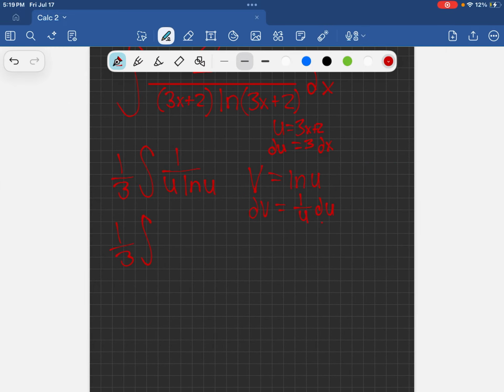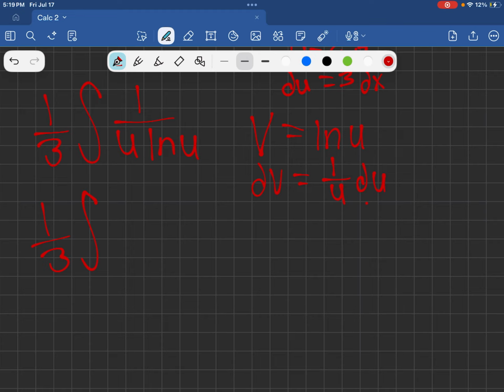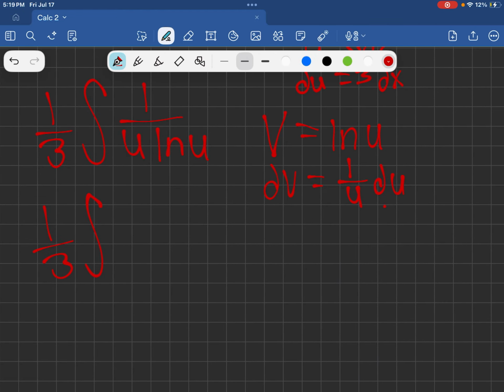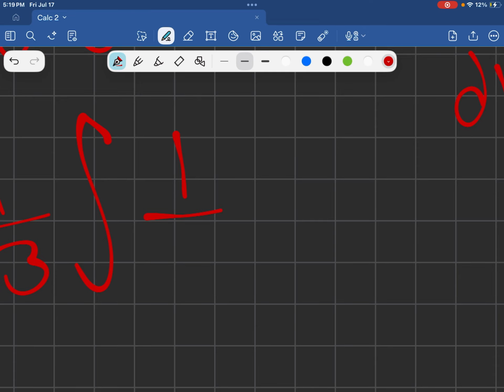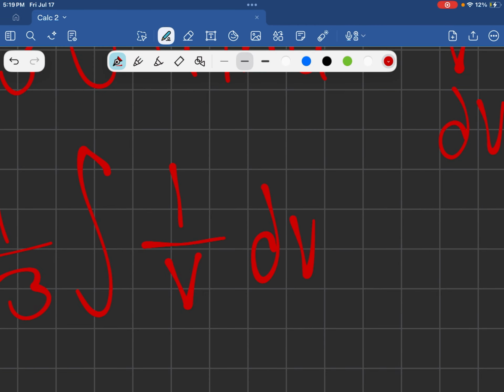So 1/3, and our new integral is going to be 1/3, 1 over v dv,